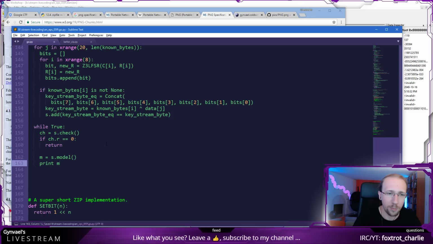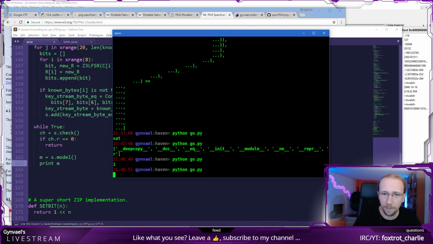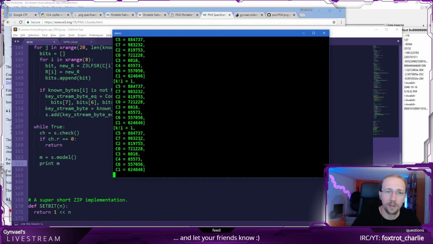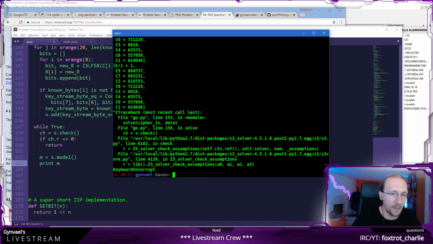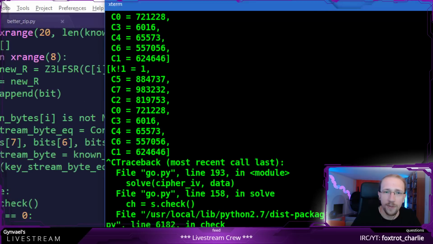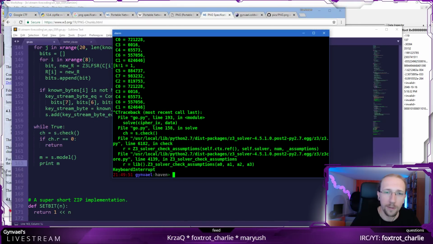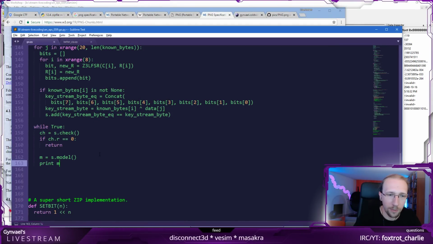For example, if you print the model, you basically get the values. These are the values for all the, because I have this, never mind. Yeah, these are basically the polynomials for our values, but to get the value itself, we need to do C0.